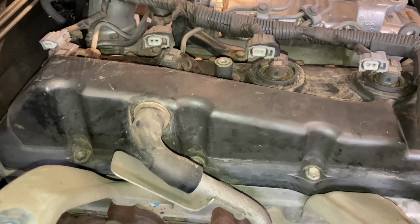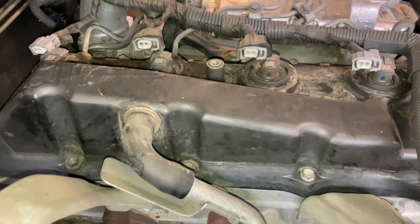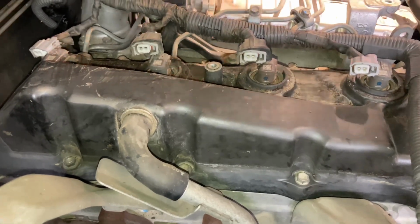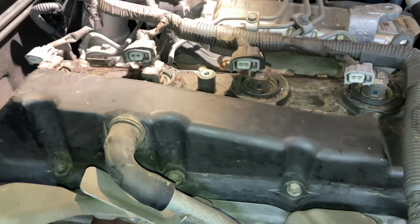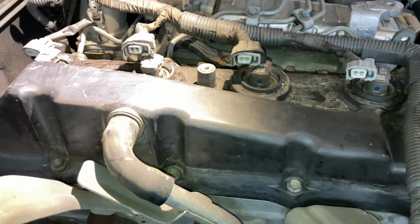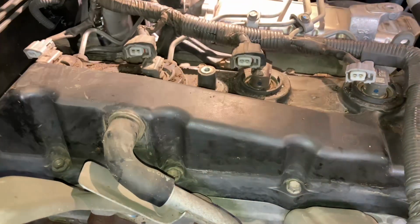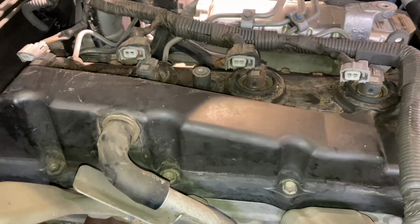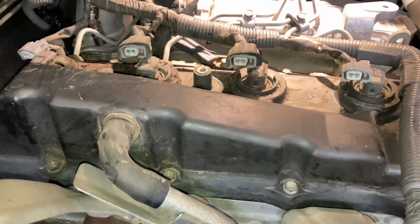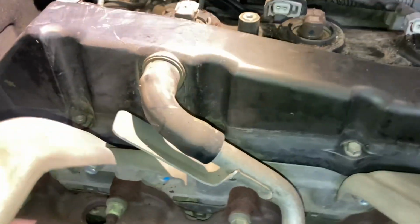Next level is obviously it happens a lot quicker and a lot worse with chips or remaps, tunes, whatever you want to call it. So there's always a risk that the pistons could have started to crack, but like I've said with this one, it doesn't have a bull bar, it doesn't go touring Australia, it doesn't tow big caravans around. Even though it's running rubbish, we'll probably do the work on this vehicle and it'll probably still be running in another 400,000 Ks